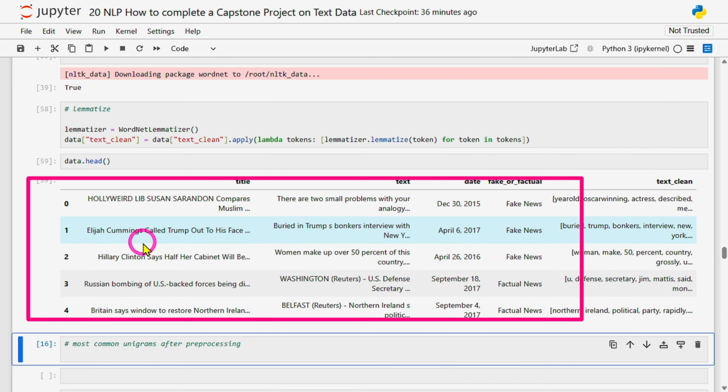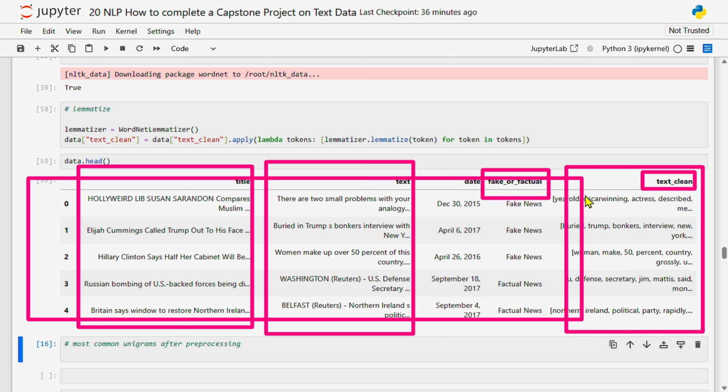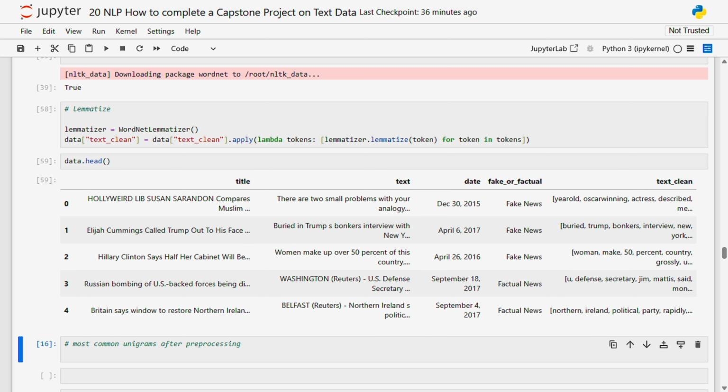Can you see, this is having fact and this is having fake and factual, everything is there. This is just the clean data set. Here we have the actual title, here we have text, here we have text clean. So this is the final output with certain pre-processing. Okay, so we can leverage the out of the box functionality of NLP so that we can move ahead with